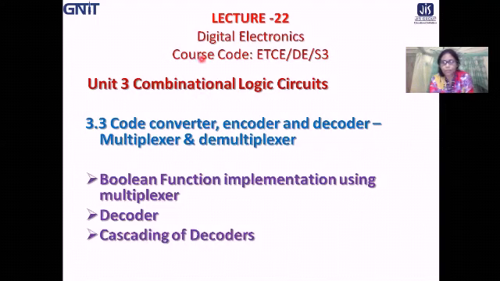function. Now, let us start today's lecture. So, let us start today's lecture number 22, that is multiplexers. Already we have seen that the multiplexers are the data selectors. And we have seen the implementation of the Boolean expressions using the multiplexers. That is, we have done for 4 variables, and today we will be doing for 3 variables.